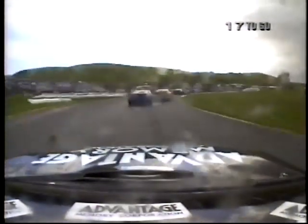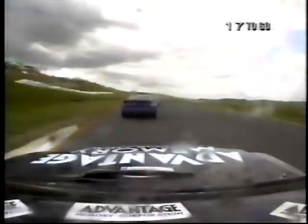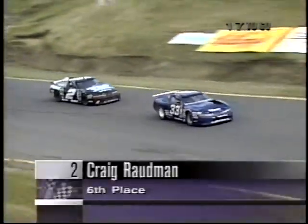You're clear, Craig. You got nobody behind you. Lots of room. Just run a real smooth line. Let those guys screw up right there. That's the spotter talking to Craig Rodman as he moves now in on the car number 33, our point leader,